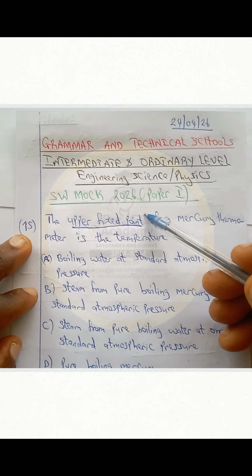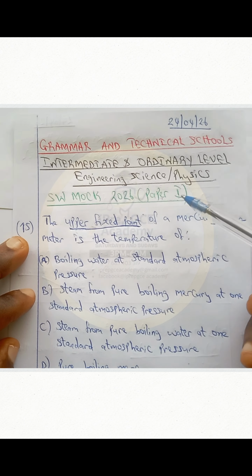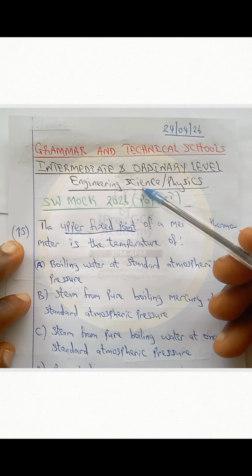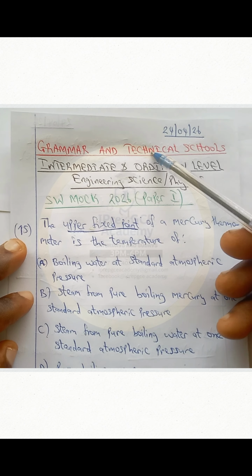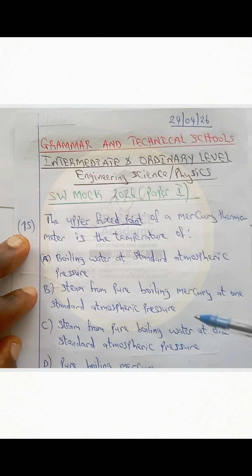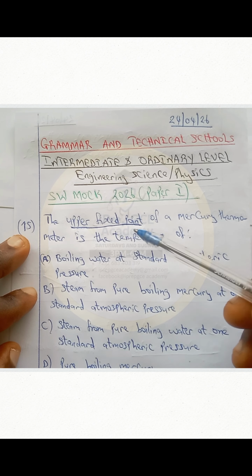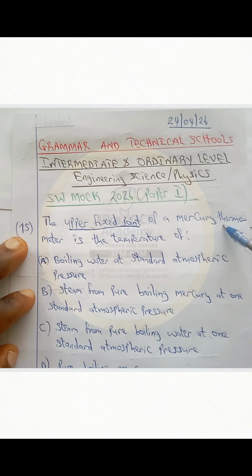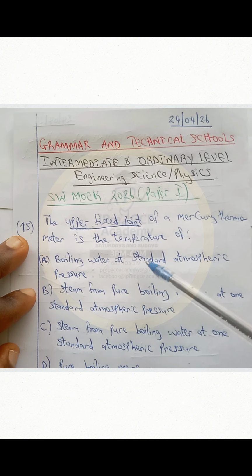Southwest Mock 2026. This is paper 1 under engineering science for intermediate level technical school. Students of grammar school who are doing physics and chemistry will also need this question. The question says the upper fixed point of a mercury thermometer is the temperature of